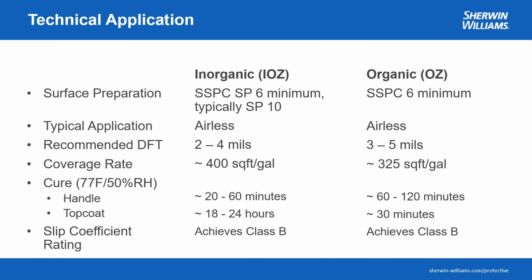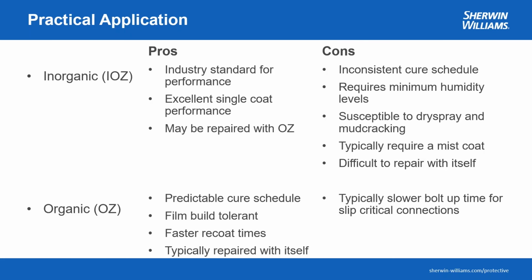Your top coat times or your recoat times are a significant advantage for the organic zincs. From a practical application standpoint, there are practical application differences that can substantially impact project schedules and long-term performance. Owners and consultants often specify inorganic zinc primers because they have been the basis of industry standards for performance for